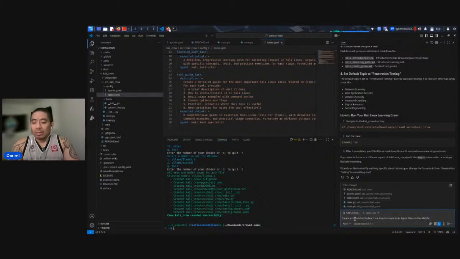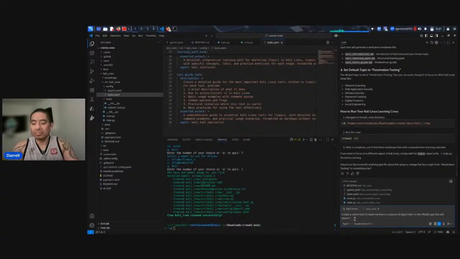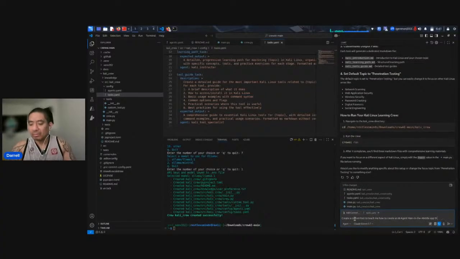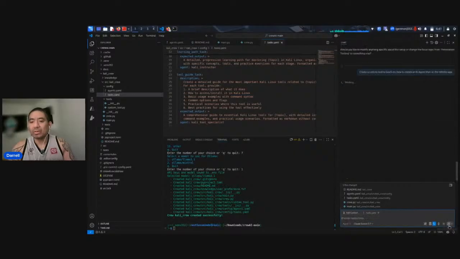How am I going to word this? Create a custom tool to teach me how to create an AI agent man in the middle app. Let's just keep it like that. See what that does.